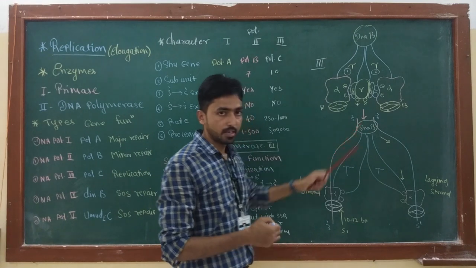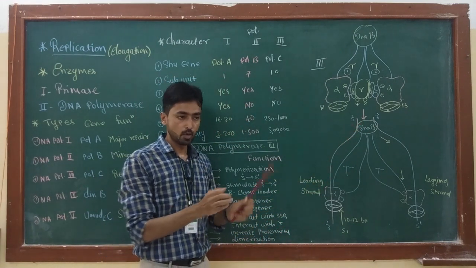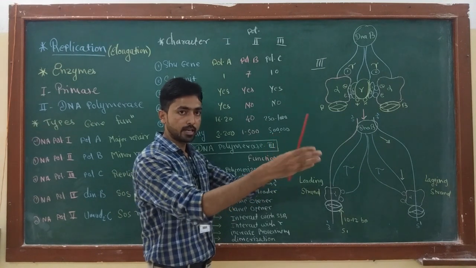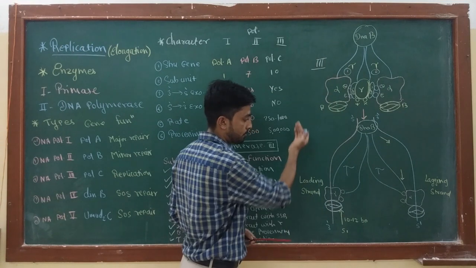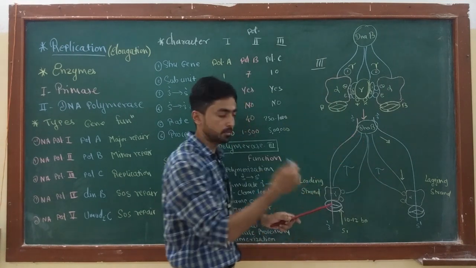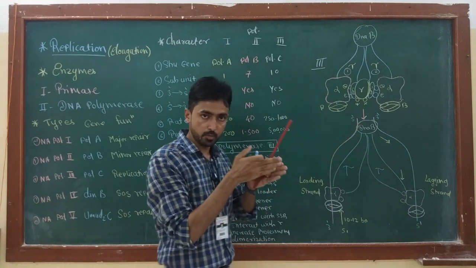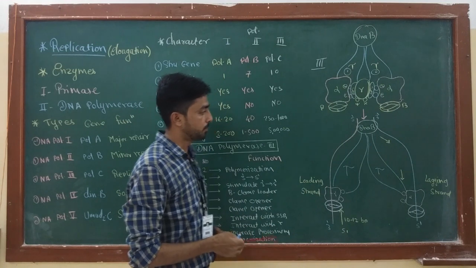What is DNAB? In my previous video, I discussed DNAB protein. This is the helicase enzyme which will unwind the DNA strand in front of alpha. When this DNA polymerase moves on leading and lagging strand simultaneously in one direction, in front of the enzyme, the hydrogen bond which is present between the two DNA strands will be broken open by DNAB.